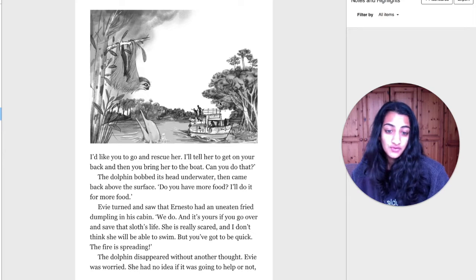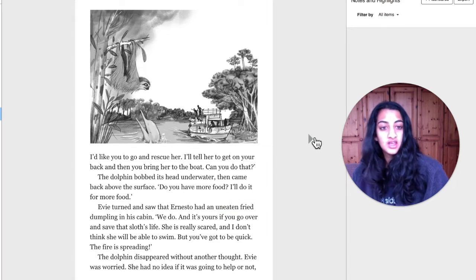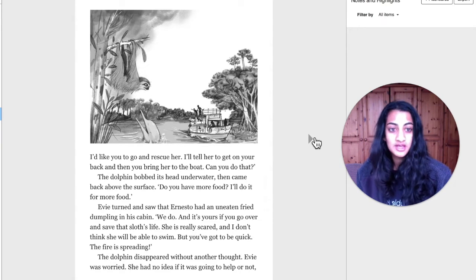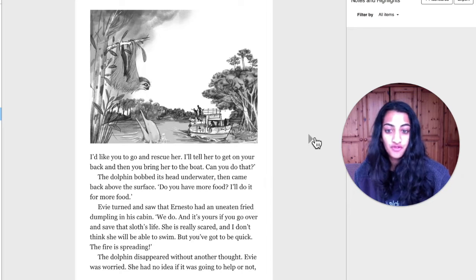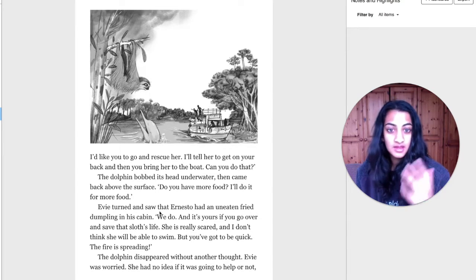Well, hopefully all of you should have found the first prefix word, which is the word uneaten. And it has the prefix un in it. Un, if you remember from Monday's lesson, means not. So uneaten literally means not eaten. So the fried dumpling that Ernesto had in his cabin was not eaten. It was still